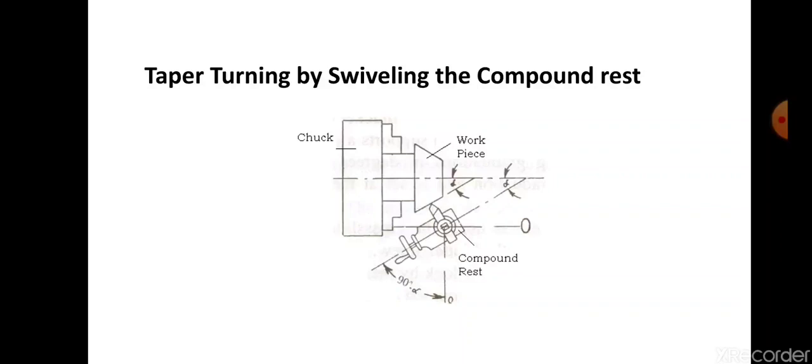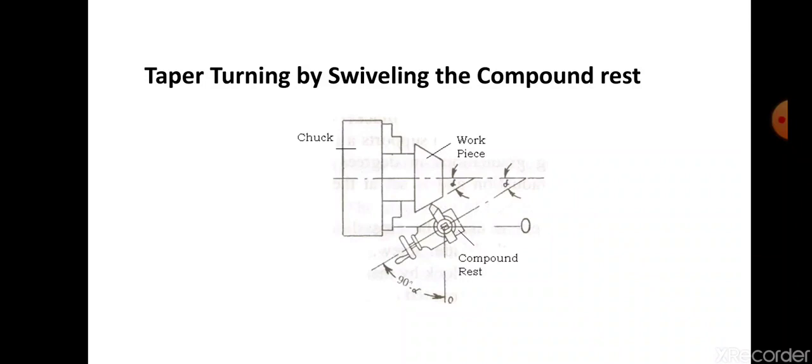And how do we calculate that alpha? Depending upon the diameter that is required, that is, what is the taper that you want. Depending on that, the alpha angle is calculated, and depending on the alpha angle, your compound rest, which is on top of the carriage assembly where you have the tool post, that compound slide will be tilted. There is a provision in the lathe machine to rotate the compound slide to any angle.